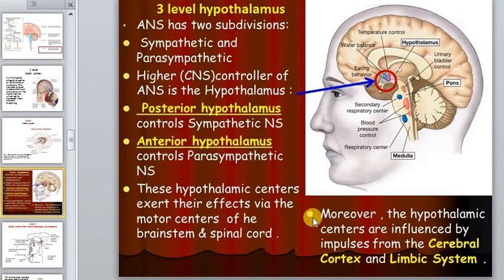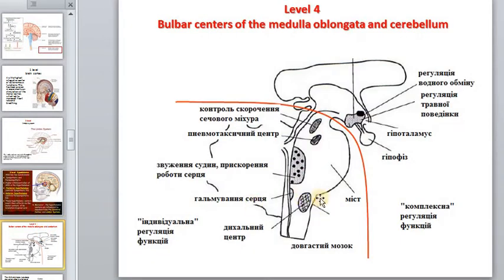It's part of the sympathetic nervous system. Sometimes we say that the sympathetic nervous system is the stress system. So this part of the brain connects all this. And next one, bulbar centers of the medulla